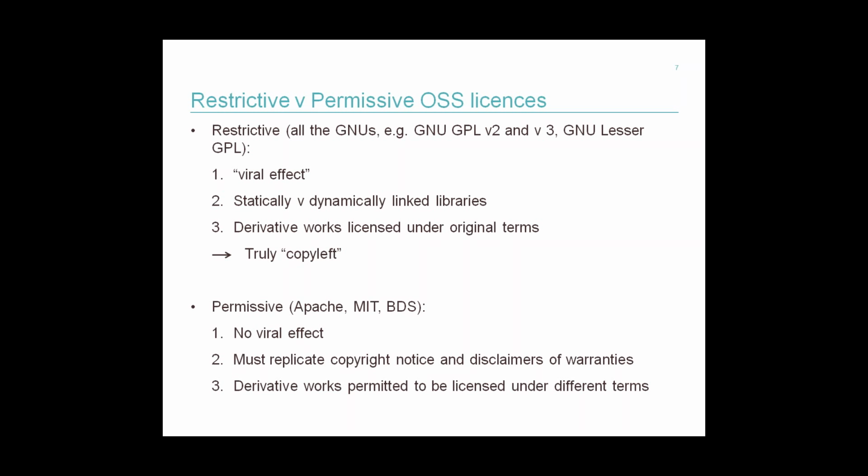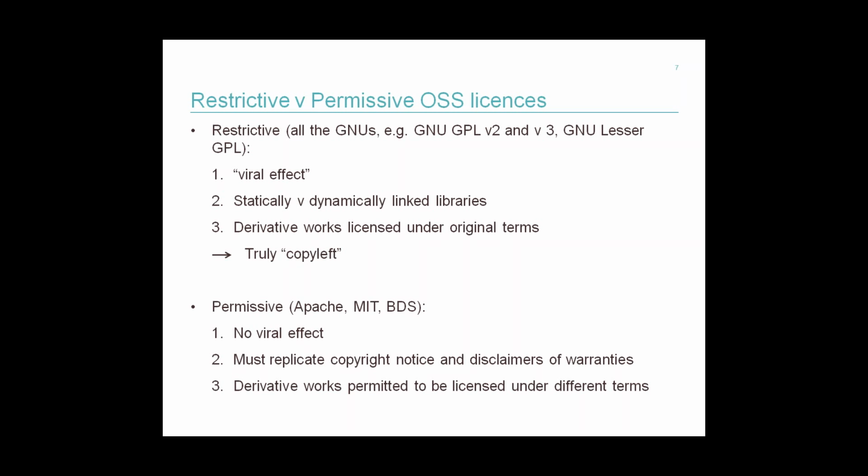Whereas you can dynamically link to these libraries as well, which means the library's out there, you don't actually pull the code into your program, you just link to it. So when you need it, it calls to it. So it's sort of like how an API works, if people are familiar with that concept. And the library is always held separately, and there's a pretty good argument that if you're linking to an open source product dynamically, that won't infect your proprietary code, so you won't have these issues about the viral effect. And it is this sort of derivative works that you have to license under the original terms and release all the source code, which is this copyleft concept.